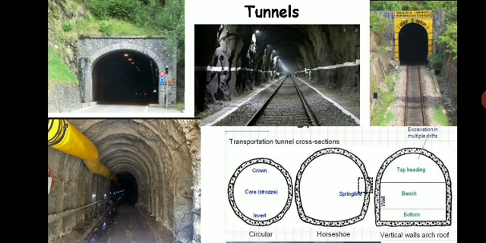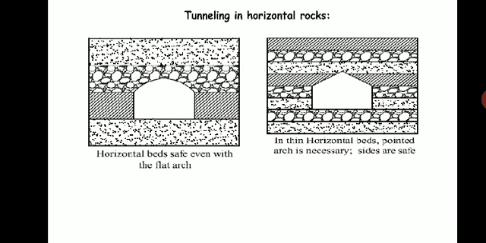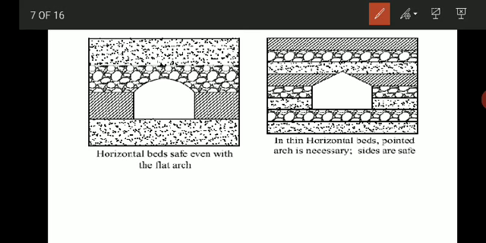So the design and cost of the tunnel depends upon the type of the rock, but it also depends upon the structure which is developed in these rocks. So if the rocks are highly jointed, folded, faulted, all these types of rocks you will come across during the construction of the tunnel. So we'll see the different cases. First we'll see how the tunnel is constructed in horizontal rocks, tunneling in horizontal rocks. Here there are two cases, you can see the two images.